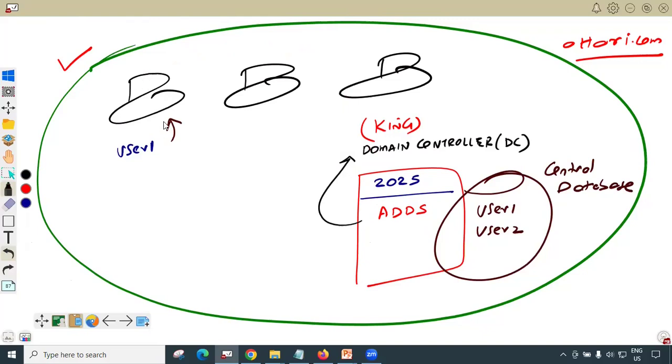So when this user enters the username and the password, the authentication request goes to this domain controller. The domain controller is the server on which the Active Directory service is installed. The domain controller checks the username and the password. Is it correct? The user is allowed to log in. So authentication happens. Then authorization is also done